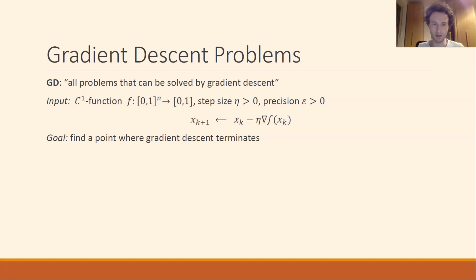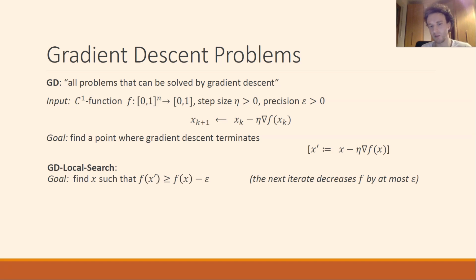It should be any point where gradient descent terminates. But here again, you have to specify what that means. Where does gradient descent terminate? There are at least two very natural ways to define that. The first one is to say gradient descent terminates when the next iterate does not improve the value. The next iterate decreases f by at most epsilon, not by enough. It's not worth continuing. If you take this point of view, then you obtain a problem that we call GD local search,